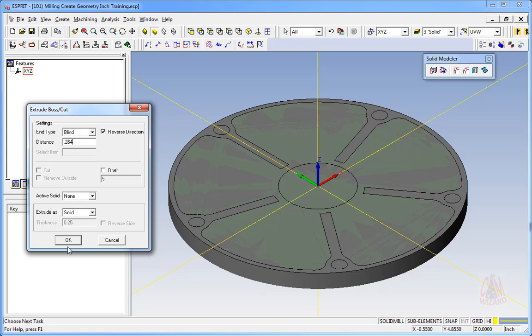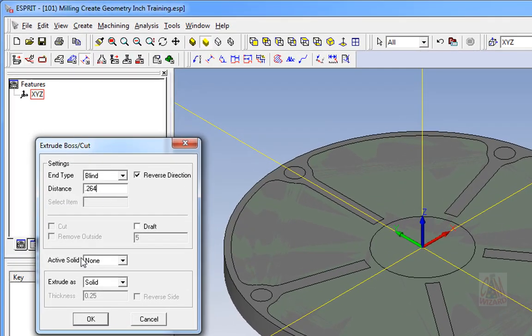Now, if you were to drop down and hit OK now, which I don't want you to do, all you would do is be creating a second solid of this spoke wheels on top of or inside of the original solid, which is not what we want to do. What we want to do is use that geometry to cut the original solid.